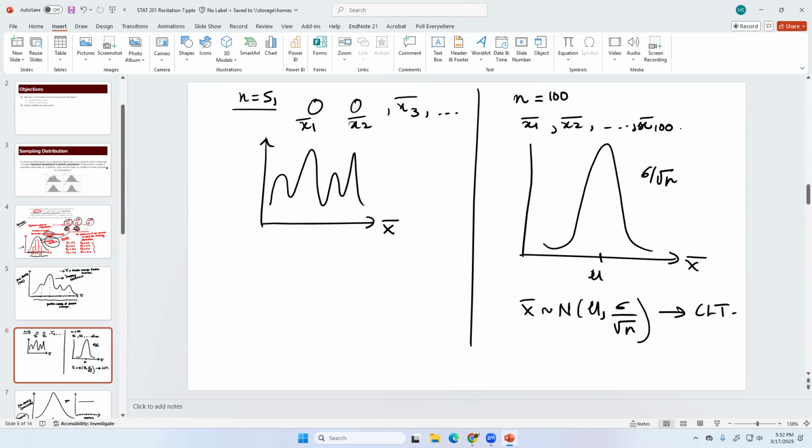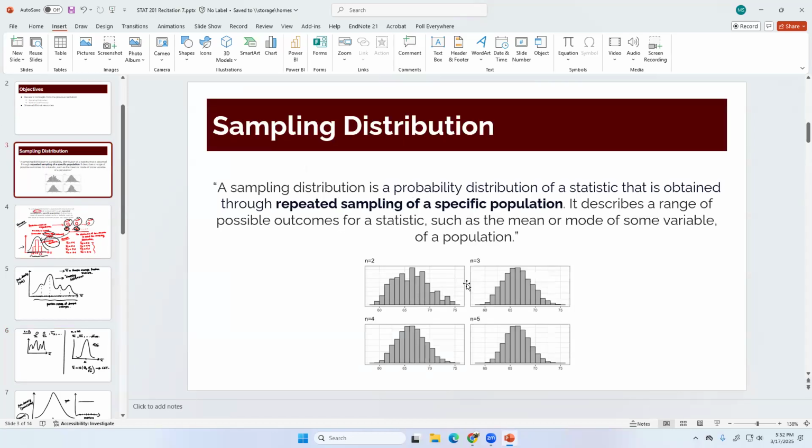Okay. So first thing, sampling distribution means the distribution of your sample averages. It can be any distribution, but if you have a large enough sample, central limit theorem says that the distribution shape will be a normal distribution. So you can see here too, right? As n is increasing, it's going to be more of a normal distribution.